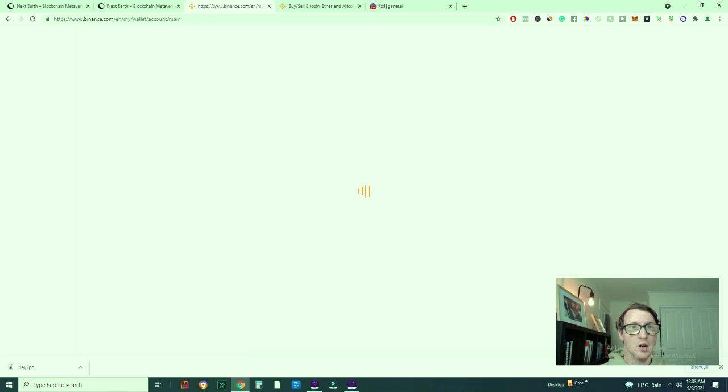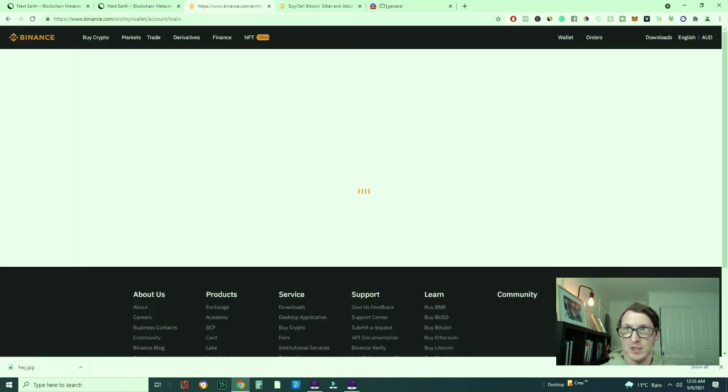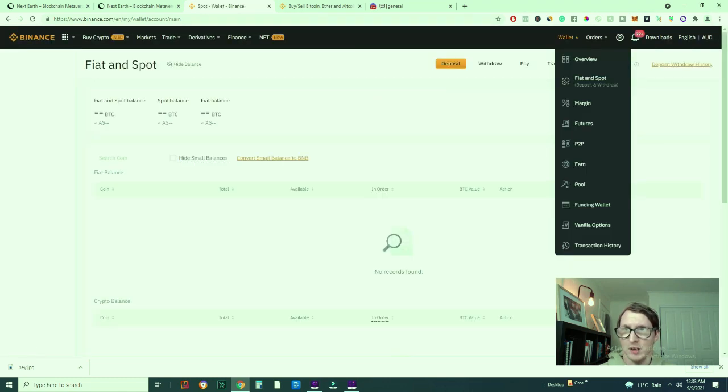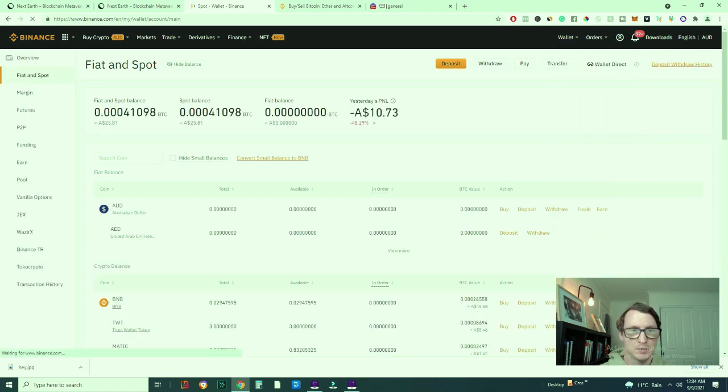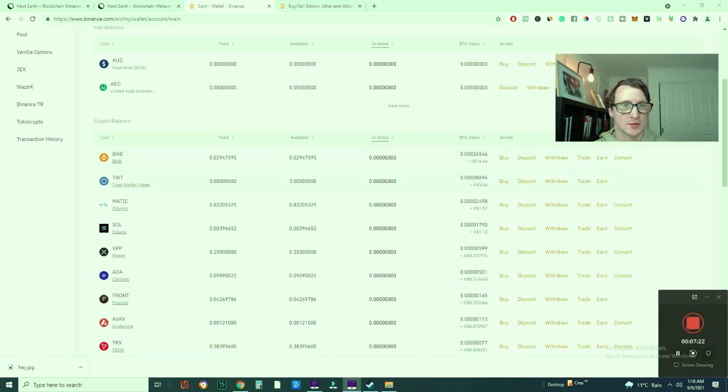So then I would just go to my actual account now. So just click the drop down here on the wallet and go to fiat and spot. So click fiat and spot and it should load up this page here. Alright, so once you've bought the BNB on your account, now you need to transfer that to your actual Binance Smart Chain address, which is on your Metamask wallet